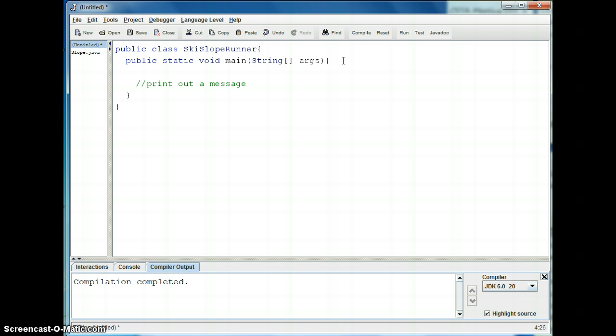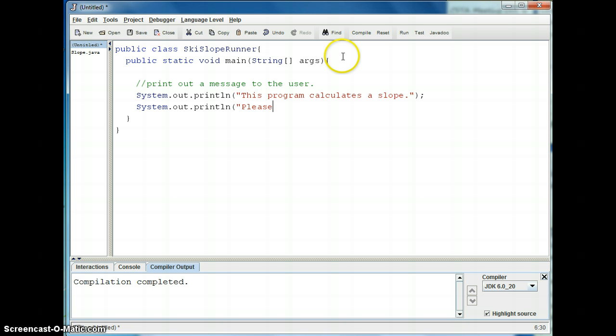So then we're going to do system.out.println for line, and we'll say this program calculates a slope. Let's make some short statements here, and then system.out.println